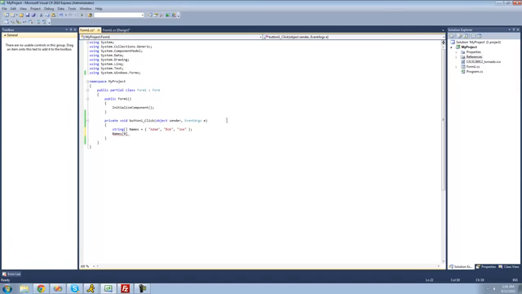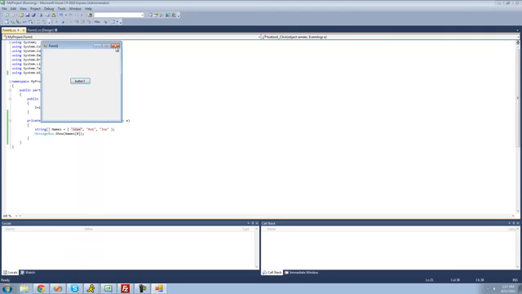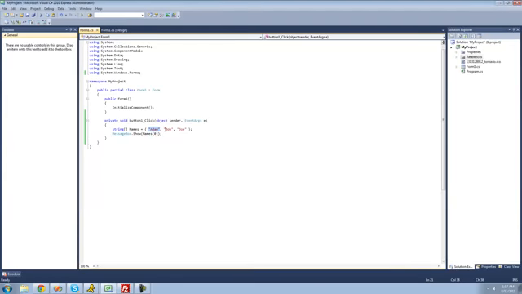Alright, and let's just display this in a message box and see what happens. So message box dot show, and we should just get Adam in a message box, since inside of our names array, the string at the 0 index is Adam. So we should just get Adam in a message box. Yep. And if I wanted to get Bob in a message box, or access Bob, I just put a 1